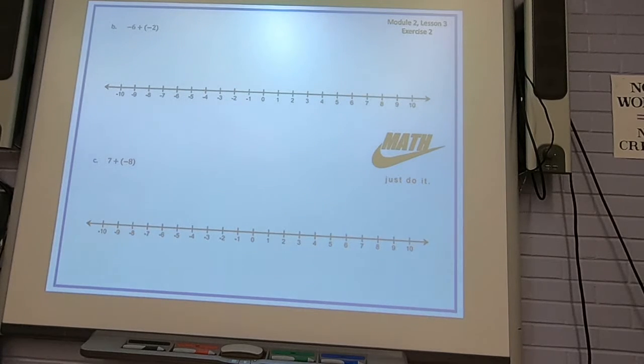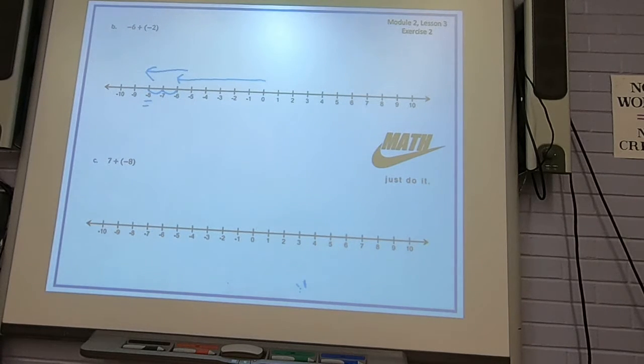Alright, the first one is negative 6 plus negative 2. So it starts with negative 6. So from 0, I have to go left 6. Magnitude is 6. I'm going to end at negative 6. And then it's plus negative 2. So I have to count left 2 more. So that's going to take me to